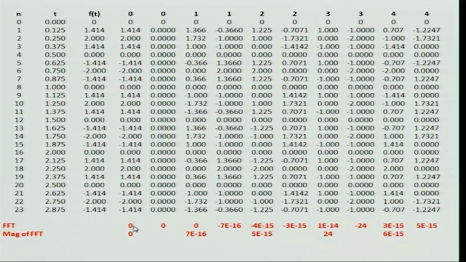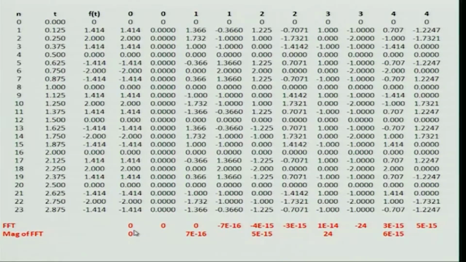And what I have done here is I have added them up. So, this is my FFT. This is the sum of those real things, the sum of all the cosine terms. This is the sum of all the sine terms, and this is the magnitude, which is this square plus this square, and the square root of that. Okay. So, this is the value of